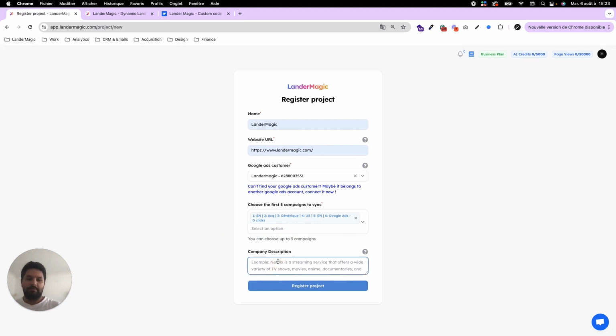Here we quickly fill in a short description of what Lander Magic does, or at least of the project in question, to activate the artificial intelligence behind it. Lander Magic is a tool. We register the project,